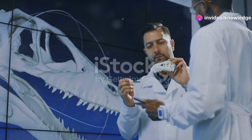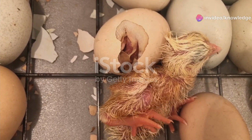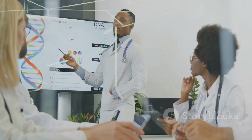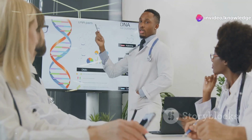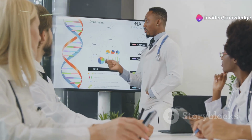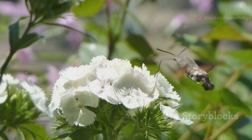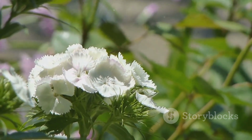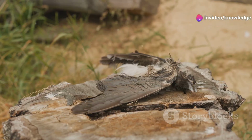Section 8. A new chapter in evolution: conclusion. Re-evolution, the reappearance of lost traits, is a testament to the remarkable plasticity and resilience of life. It challenges our traditional views of evolution, revealing a more dynamic and cyclical process than previously imagined. From the teeth of chickens to the wings of insects, examples of re-evolution abound in nature, highlighting its role as a fundamental evolutionary force. Birds, with their dinosaur ancestry and the potential to re-express ancient traits, serve as compelling examples